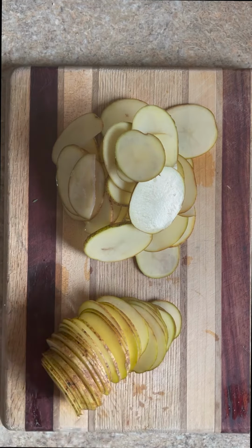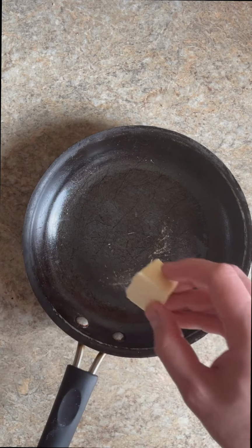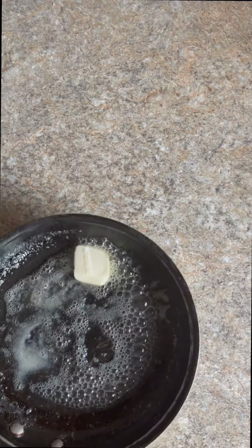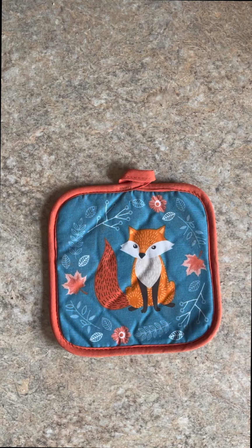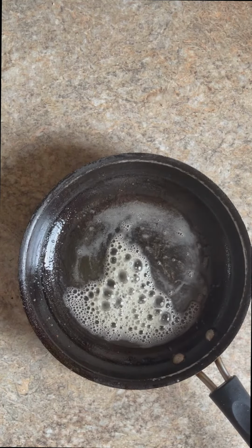Just be patient. So to start, we're going to take about a 6 to 8 inch pan. If you do a larger pan, it's just harder to flip. And we're going to take our butter, about 2 tablespoons, and melt it in the pan. Once all of the butter is melted and a little bit bubbly, we're going to start layering our potatoes in